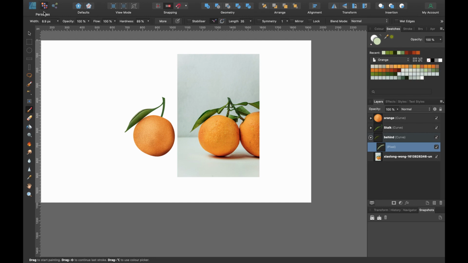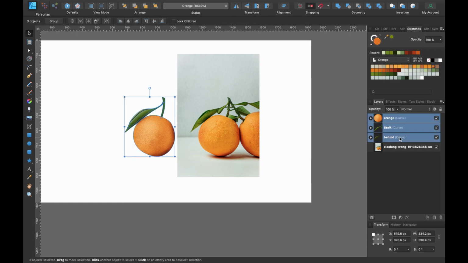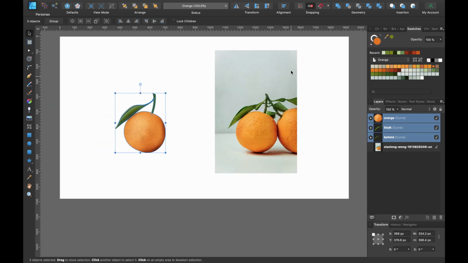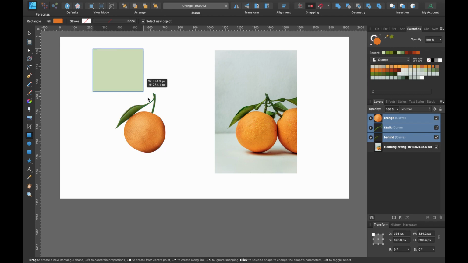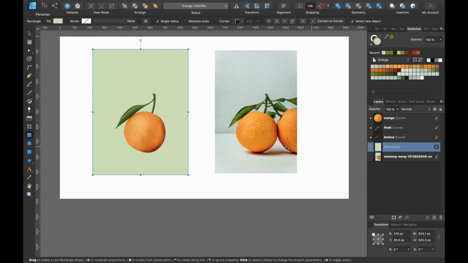So I'm going to go back to Designer Persona, and with all our layers here, I'm just going to select all of these and just drag it out over this side. And I'm going to draw a box that's kind of the same shape as that. Grab the rectangle tool, and I'm going to click and drag down around somewhere like that. And I'm just going to go to the layers, and I'm just going to drag it to the bottom there. I'll make it around the same kind of width.